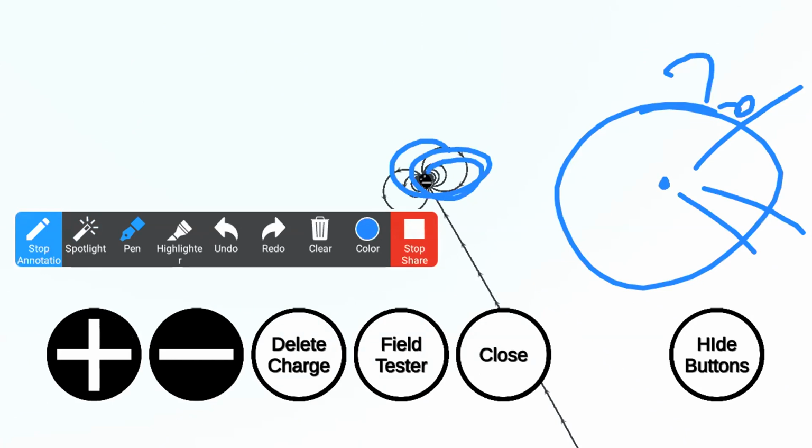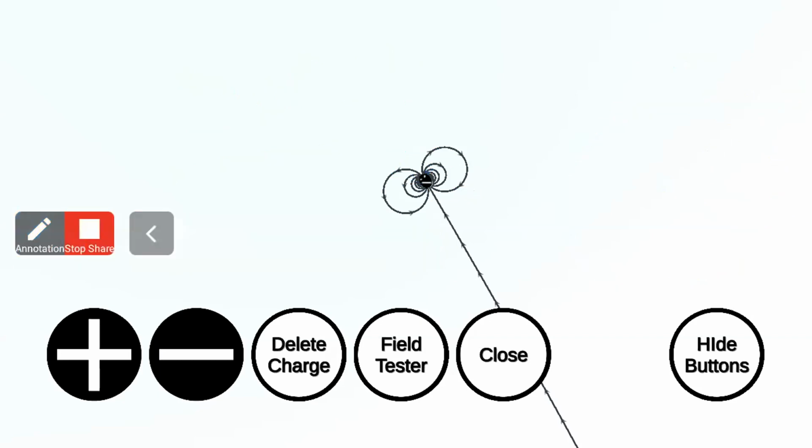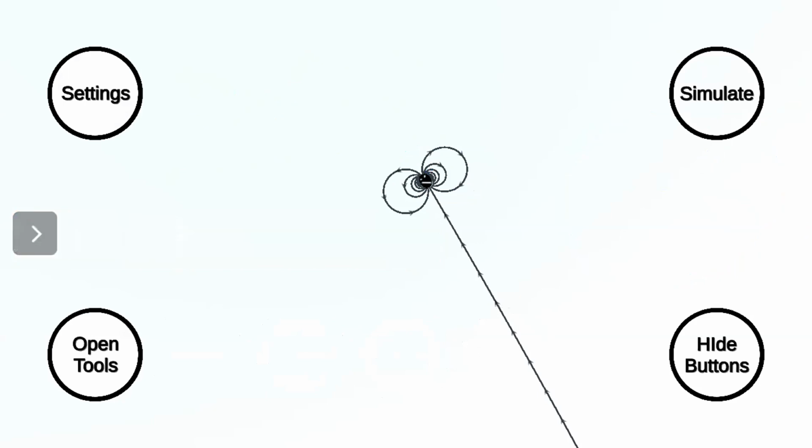Once the charge present there is zero, what is our concept saying? D is directly proportional to zero. If charge is zero, there will be no flux lines. There will be no electric field lines. Is this okay, sir? So far, what we have discussed in the theoretical concept, we have got some idea with the help of simulation. Almost we covered everything so far. Any doubts here?